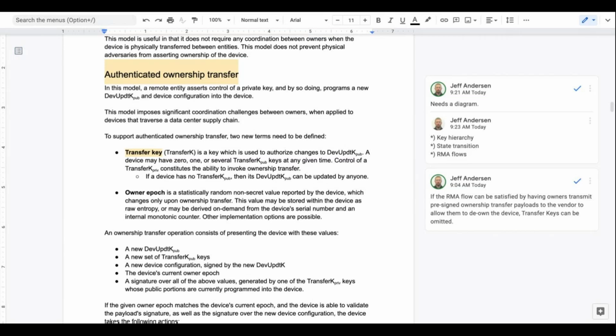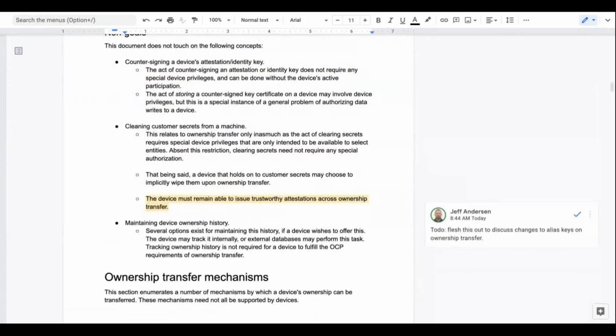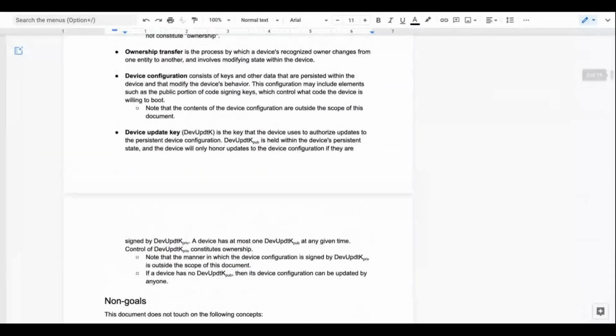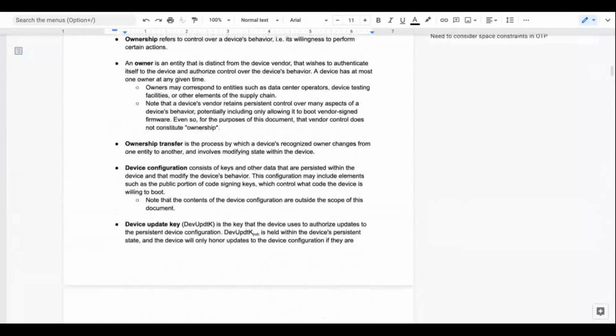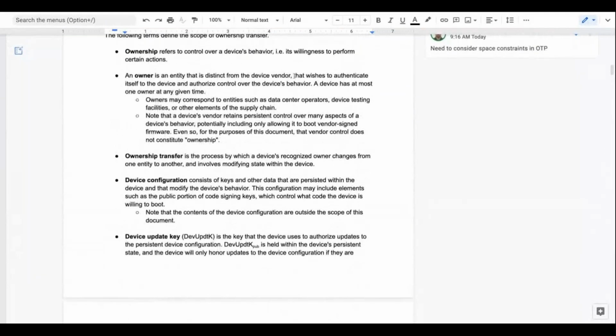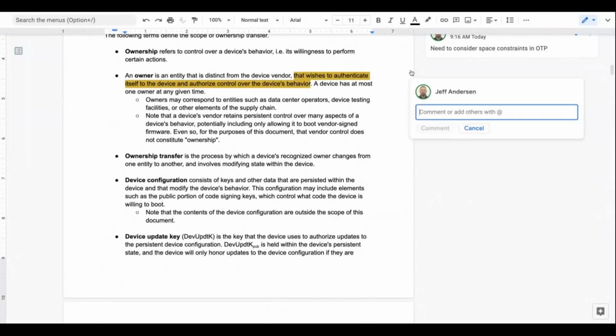So maybe you don't want a wide open clear secrets. Some key inside the device configuration will say who's allowed to call this command. So maybe it would be a good exercise to say, what's an owner? What can he do? And have a list of all of those things. I think some of the things in your previous list of bullets describe some of that, right?